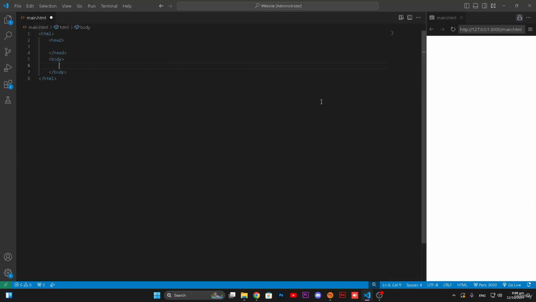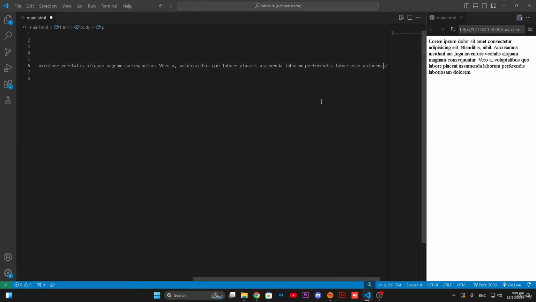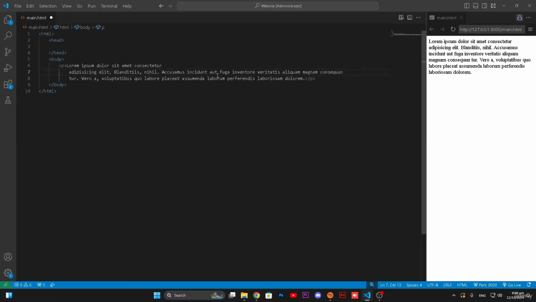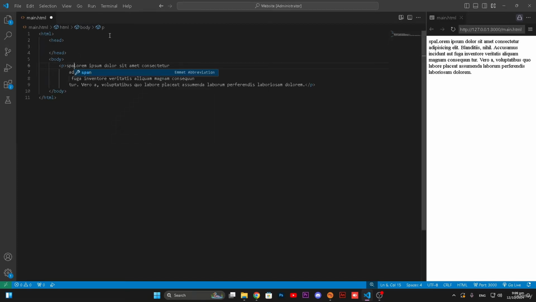Hello, I'm Jor. Welcome to my HTML CSS course. Today we're going to learn about divs and spans. For example, I have a paragraph with lorem. This is a sample text, and for example, I want to change the color from here to here. I don't want to change the color of the rest. So just by using span, I can put my